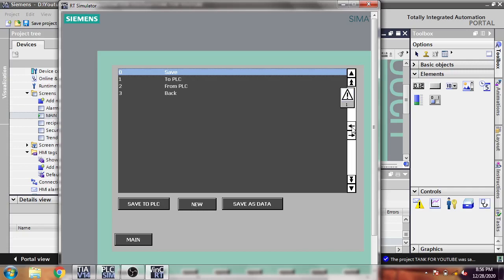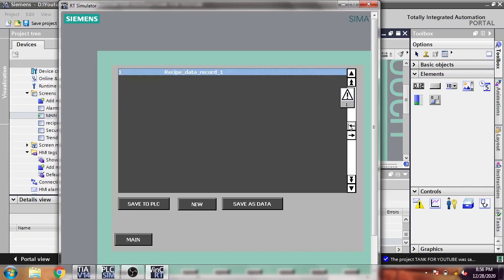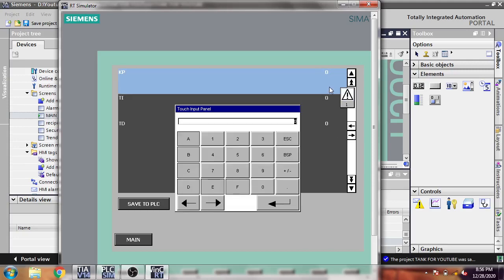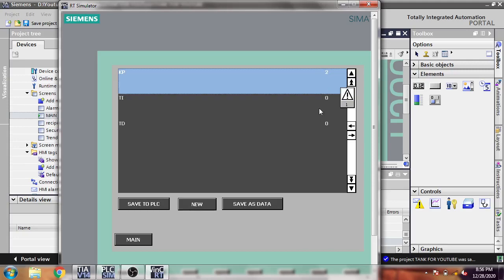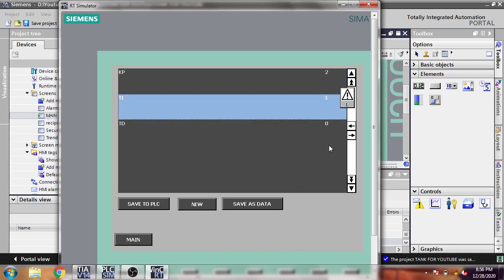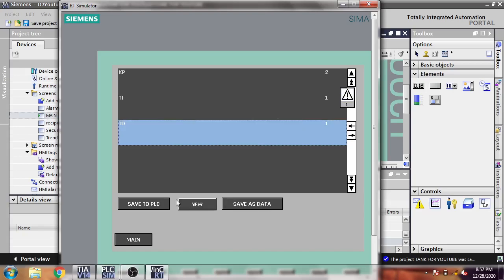You will see, we also have these things. I'm going to save that. Enter recipe 2. You will see a new one. 2, 1, 1, and save as data.